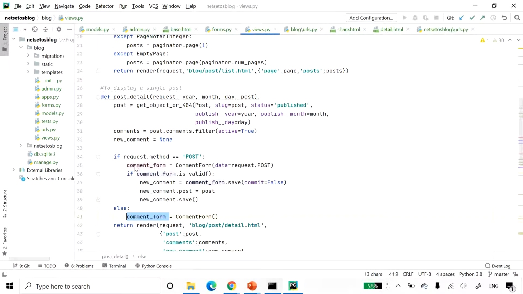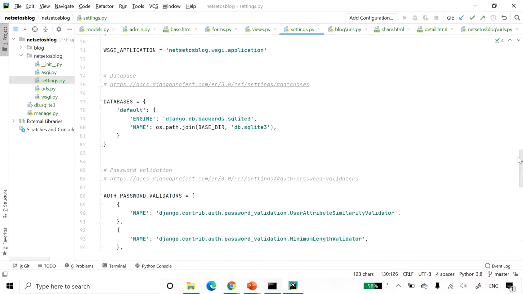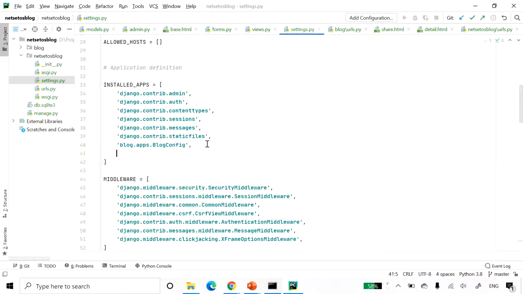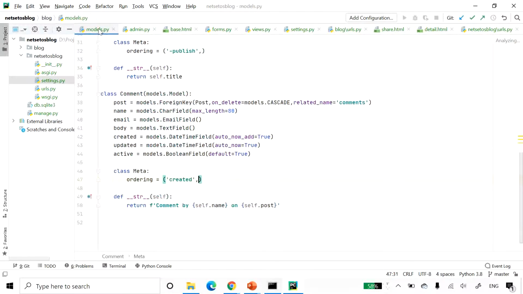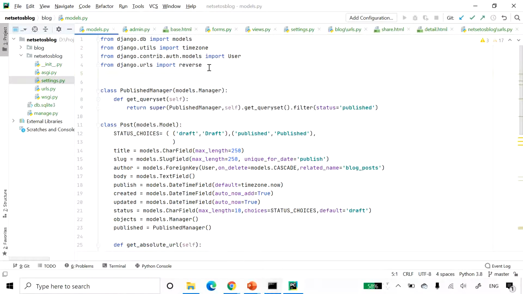So I am on PyCharm, and here in settings I need to go into installed apps, and down below I will add taggit. Don't forget to put a comma over here. After that, I need to mention this in models.py. First of all, I will import it: from taggit.managers import TaggableManager,